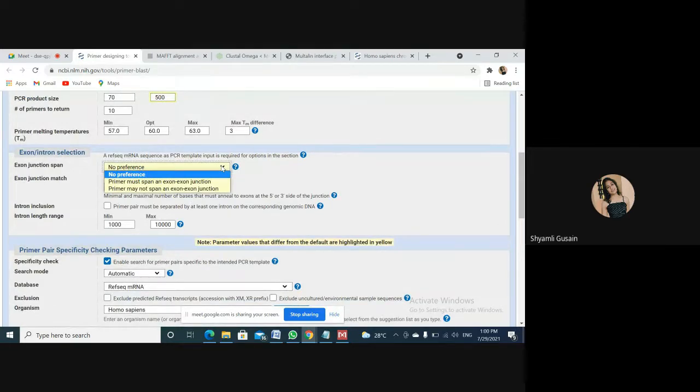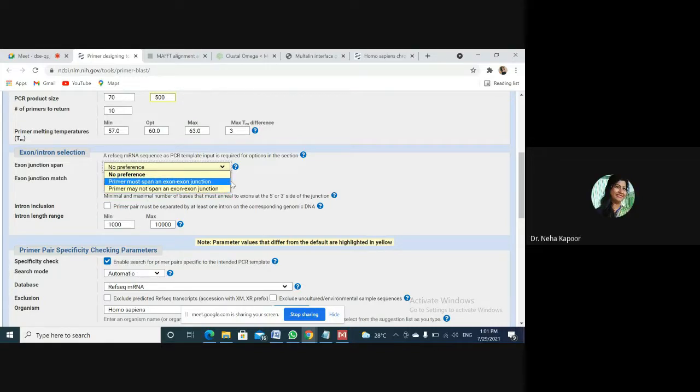What does this mean, ma'am? Exon junction, no preference means I don't want the exon junctions to be shown. Yes, you don't want the overlapping one. So you can exclude this thing also. Okay, ma'am. And primer must span an exon junction. What does that mean, ma'am? Primer must span an exon junction, or may not span an exon junction.